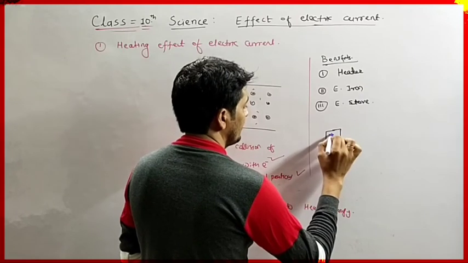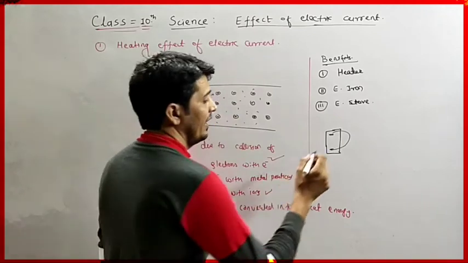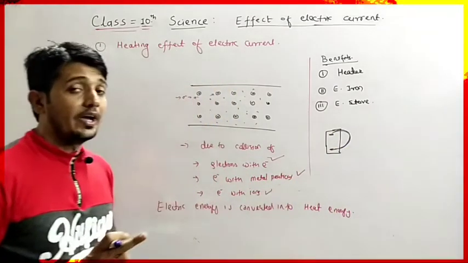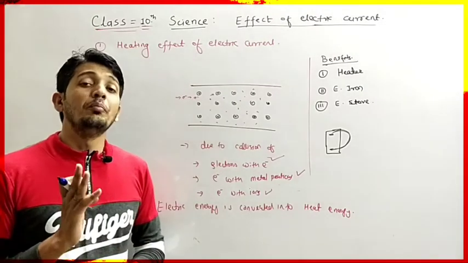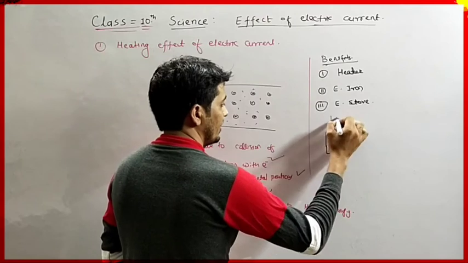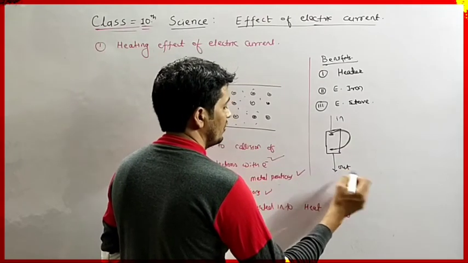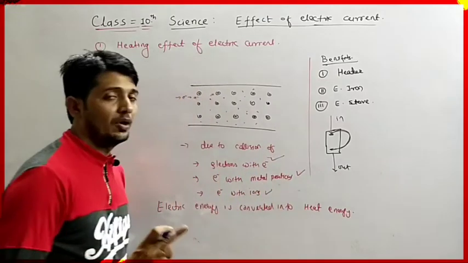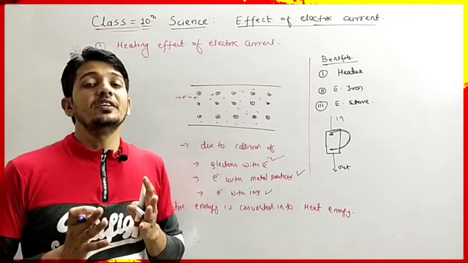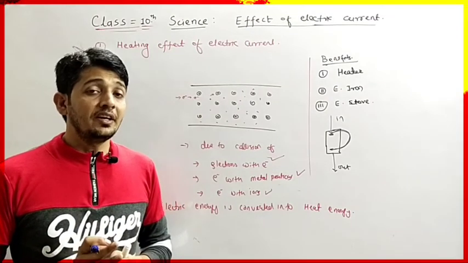Fuse is nothing but the flow of current from this point to this point, and it is formed by an alloy which has a low melting point. Here the power is in, and here the power is out, and it is supplied to the domestic circuit of our house. When in the same circuit, different types of electronic appliances are connected,